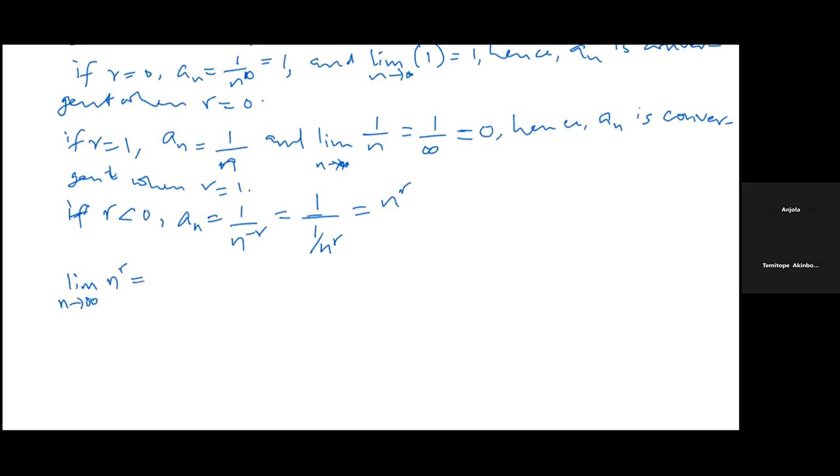Thus, a_n diverges when r is less than 0. When r is less than 0. So we can now conclude, hence,